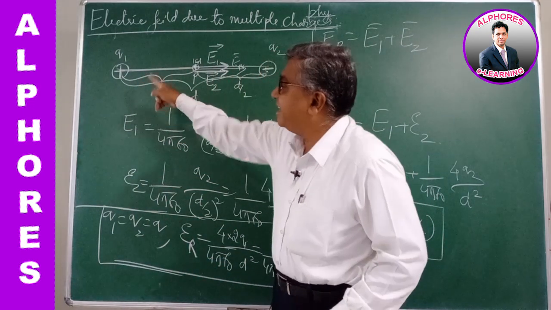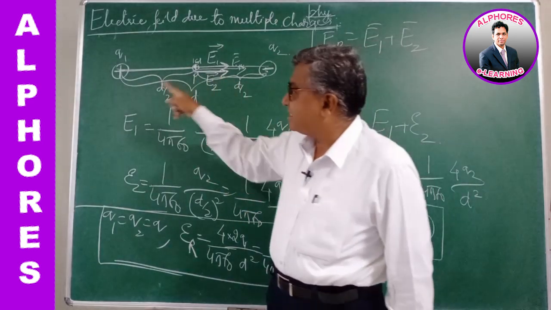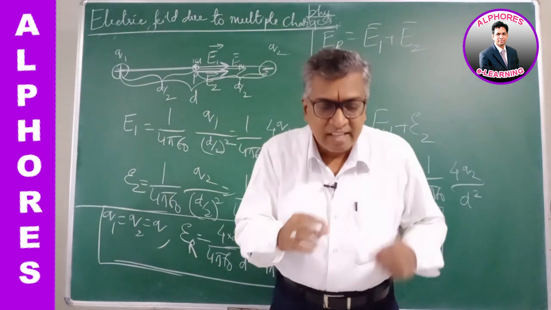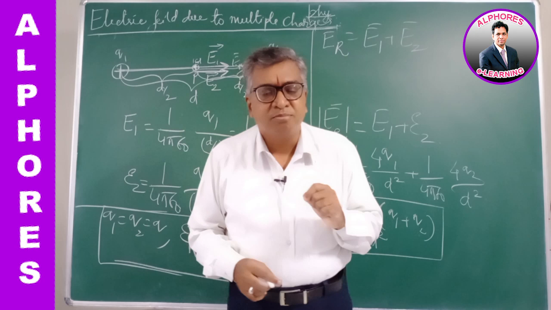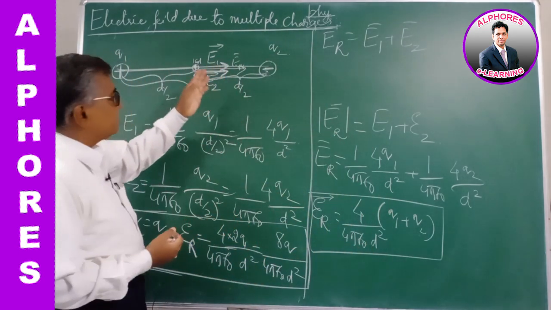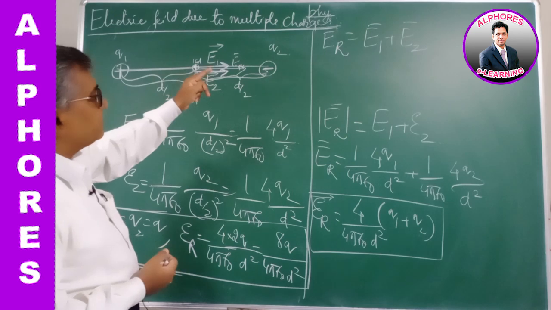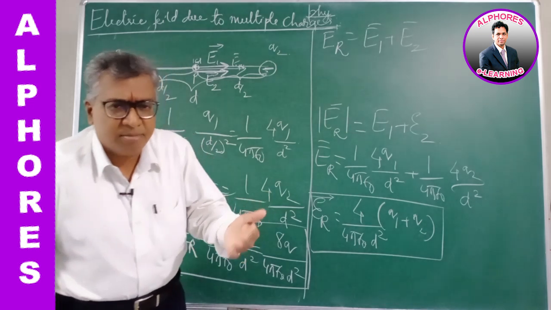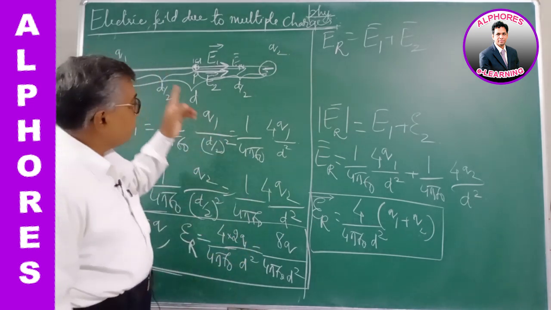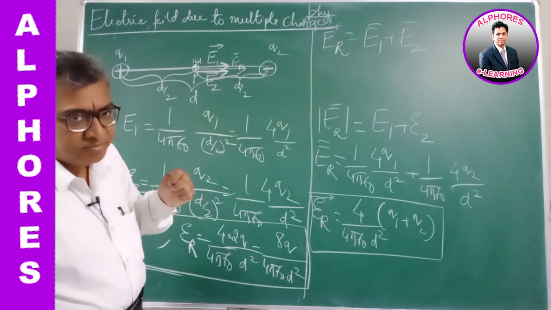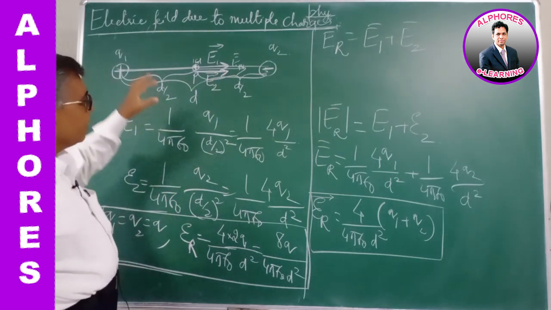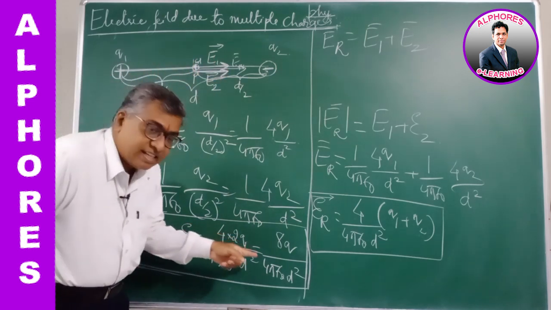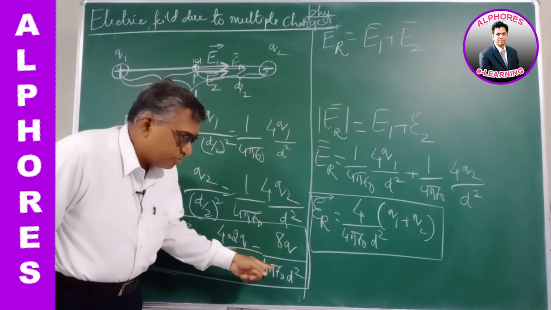Two charges, identical, same magnitude, unlike charges, are separated by distance d. What is the resultant electric field at the midpoint? He will be asking the question. And the options are given such that the first option will be 0. People get tempted, thinking same magnitude, same distance, you get tempted to put the answer as 0. But both are of different nature. Magnitude is same, nature is different. Plus q, minus q. Then the resultant electric field is 8q by 4 pi epsilon naught d square.